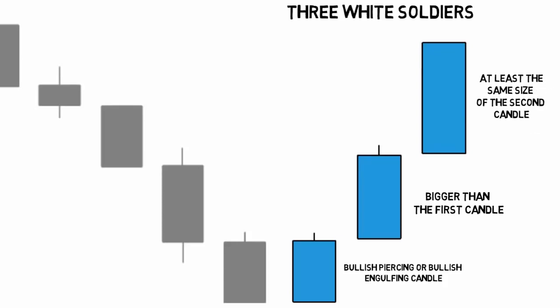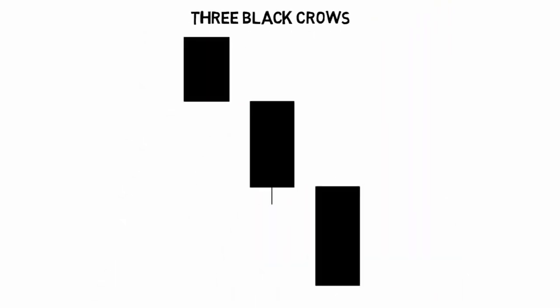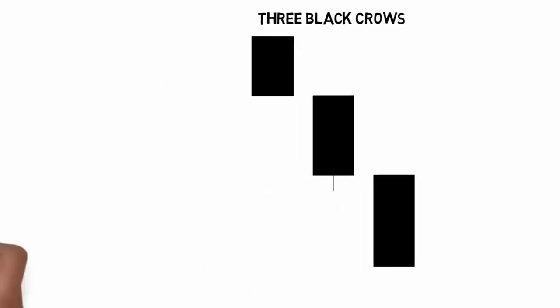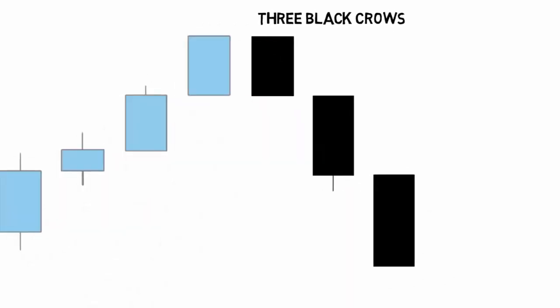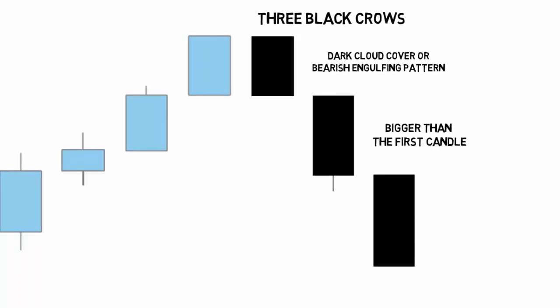as the second candle. The 3 black crows is a bearish reversal pattern. The same as its bullish counterpart, it consists of 3 long candles with small or no upper shadows. The first candlestick is either a dark cloud cover or a bearish engulfing candlestick. The second candle should be bigger than the first, and the third is at least the same size as the